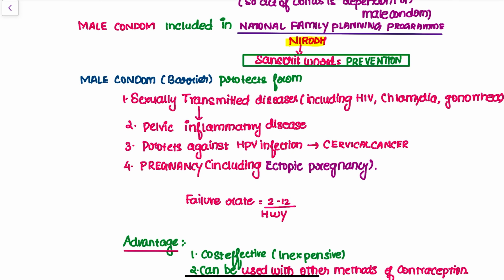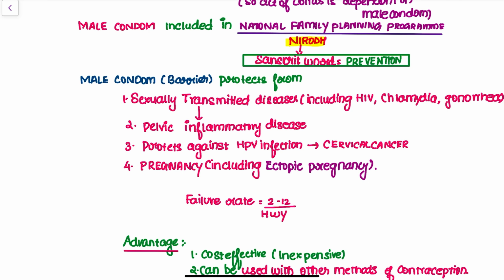Okay, and not the least, a very important point is that the male condom protects from pregnancy, and the chances of ectopic pregnancy are also decreased. But then the most important point is the failure rate of contraception. See, whenever we speak about any contraception, we also need to learn about the failure rate, right? The failure rate is around 2 to 12 failures per 100 women years, which means, let's say for example,